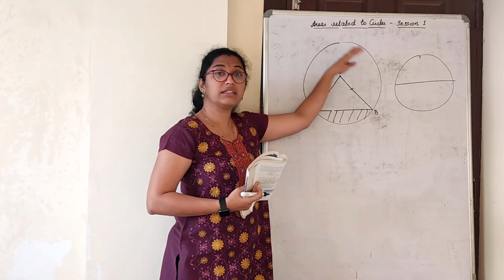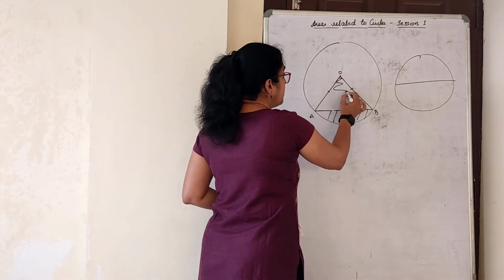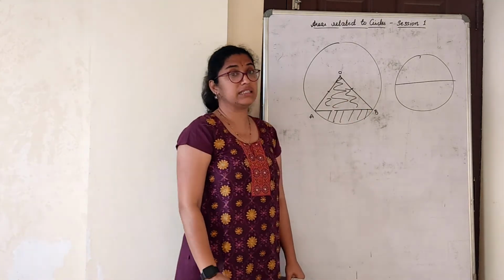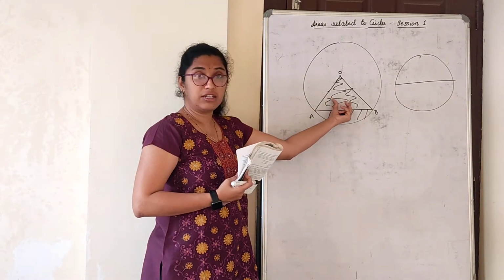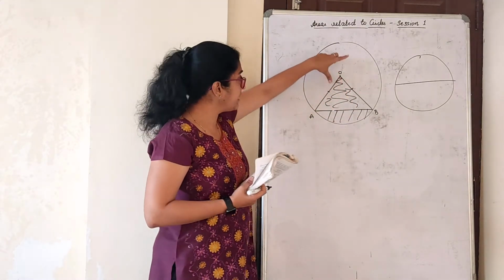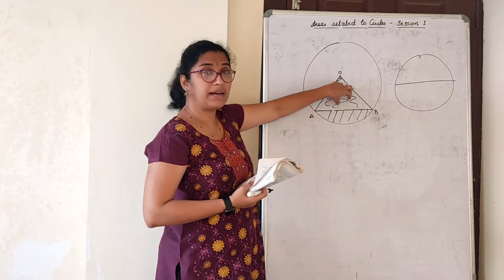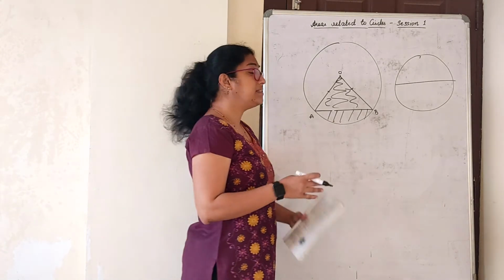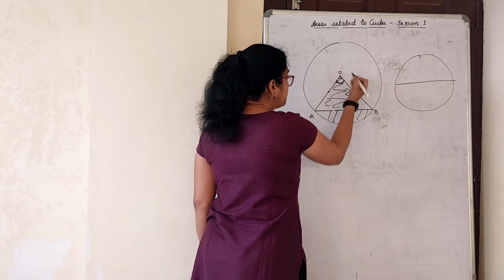Areas, when we talk, are within the circle. Then a region bounded by 2 radii of a circle is called a sector of a circle. That means this is also a region bounded by 2 radii. This is also a region bounded by 2 radii. So this is a minor sector and this is a major sector. I can also name that. With respect to that, what is the angle formed here?